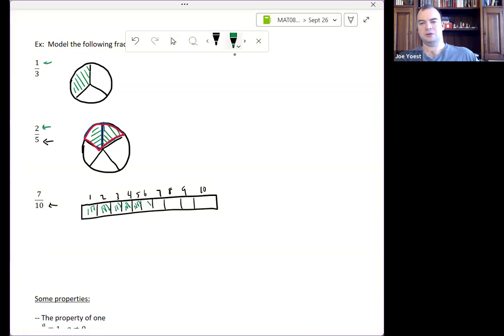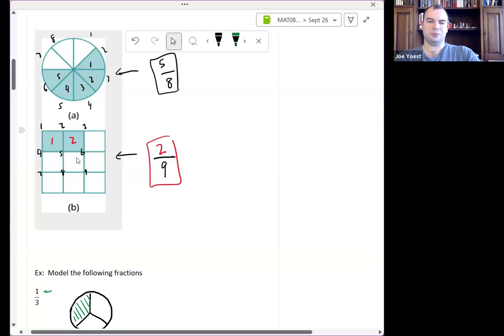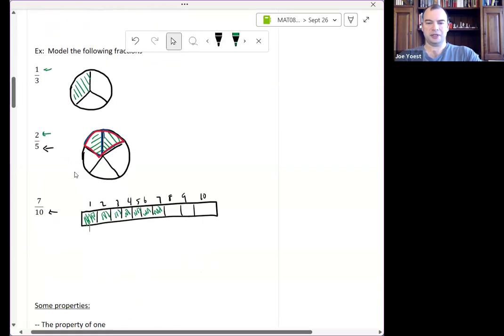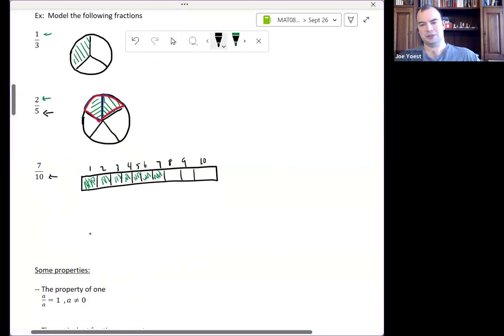Technically, it doesn't matter which 7 you pick, but again, I would choose adjacent ones. I would probably also choose to shade starting at the left. That's probably just going to be a little bit cleaner if I need to actually do anything with this model. Another thing I noticed is that sometimes it can be a little quicker and easier to count if you put these in a grid.